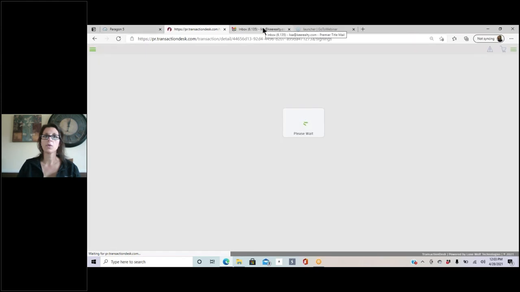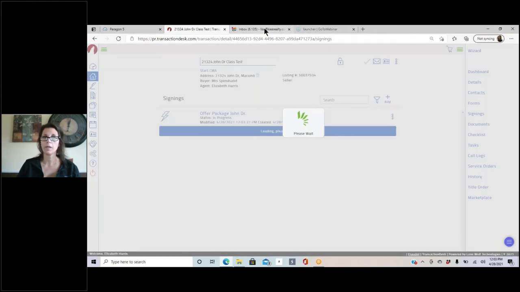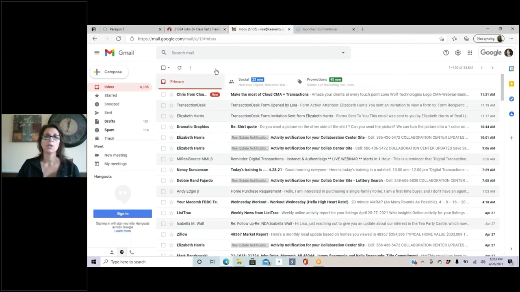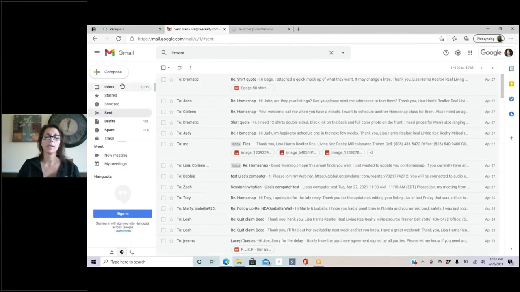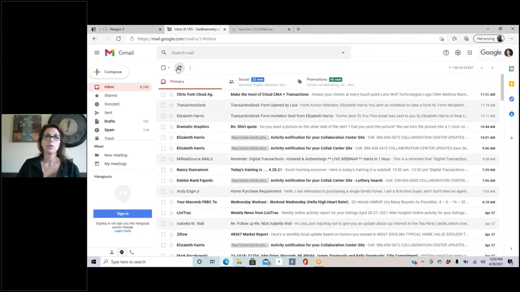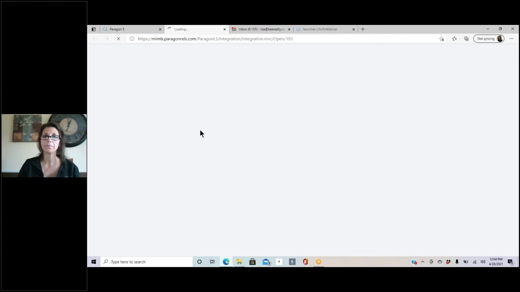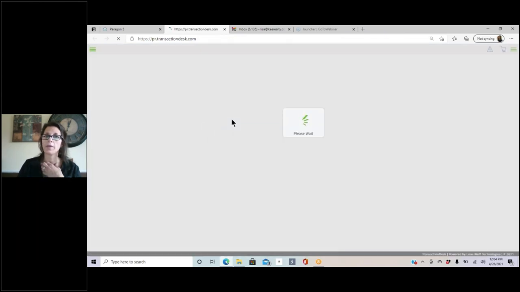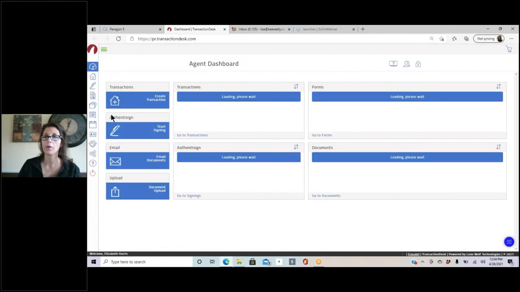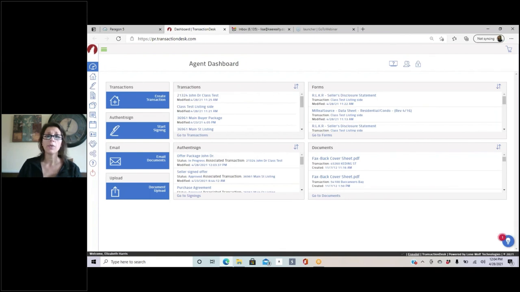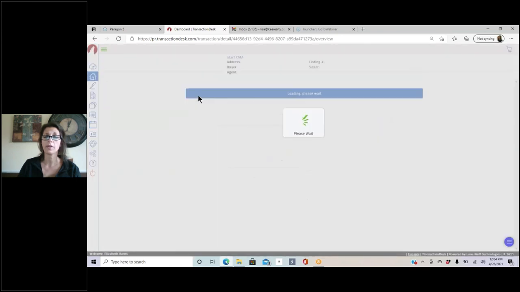So now I'm going to go into my email because everything was sent to my email. So Mr. Buyer should be first. So I'm going to actually close that out. I'm going to go back to my email and give it a second here, and we should be able to see it. Meanwhile, I'll show you real quick since that has not loaded. I'm going to go back real quick to my online forms. And I just want to show you how it looks there so you can see where the transaction is at this point. So if you go back into the actual signing itself, which is my John Drive here,